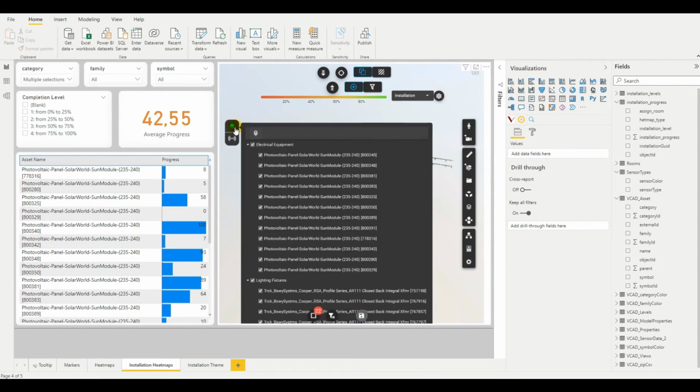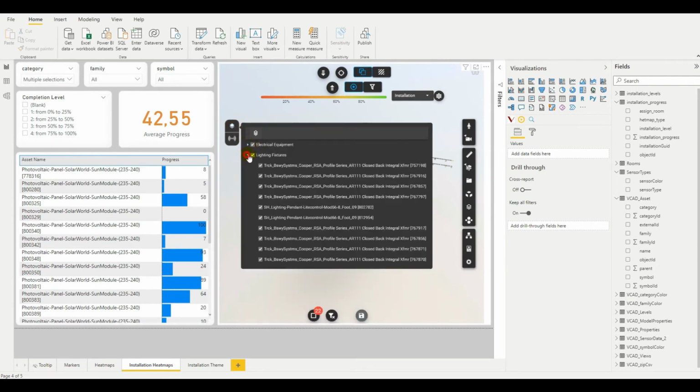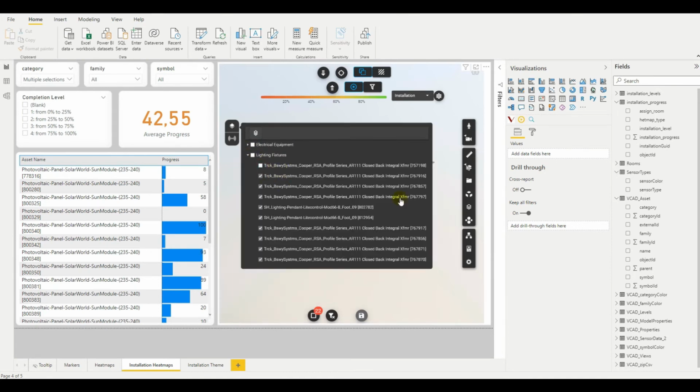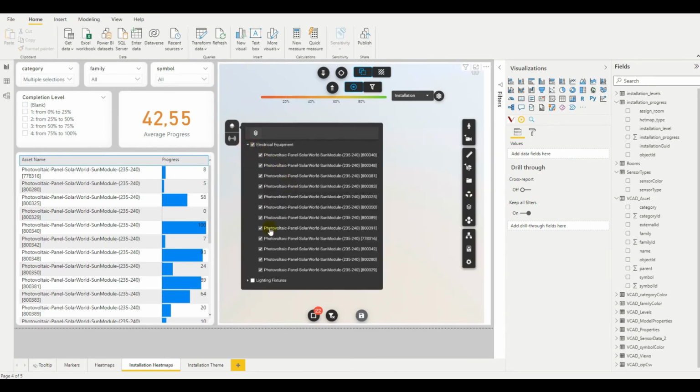For the tree, as you can see, we actually have 2 different root nodes now because we have 2 different categories. And that way we can sort of focus in one category at a time, looking at the lighting fixtures. Of course, we can switch those on and off. It's probably easier if we have a look at the electrical equipment. Let's move the model a little. Okay, and now we can switch off the various panels, solar panels, and focus in